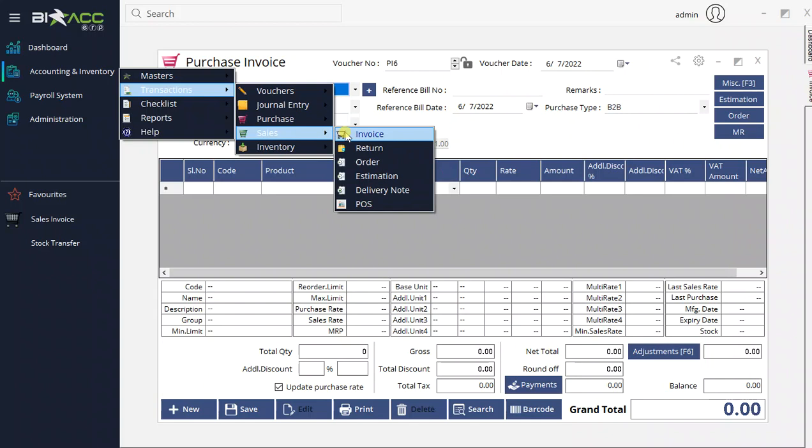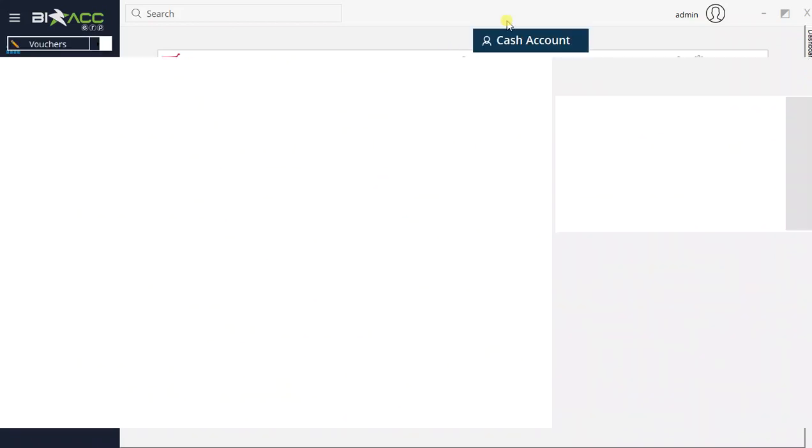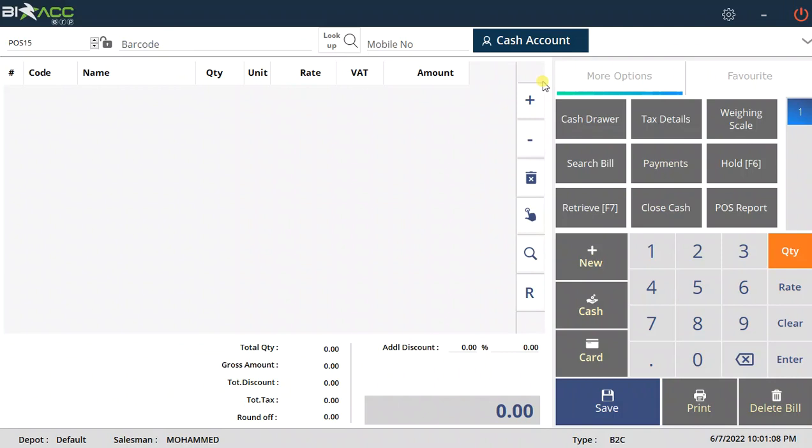Sales invoice also has the same things: per sales invoice, return order, estimation, the same. The sales workflow you can also use over there. Then we have a wonderful POS window, POS, which means point of sale. This one is very useful for the